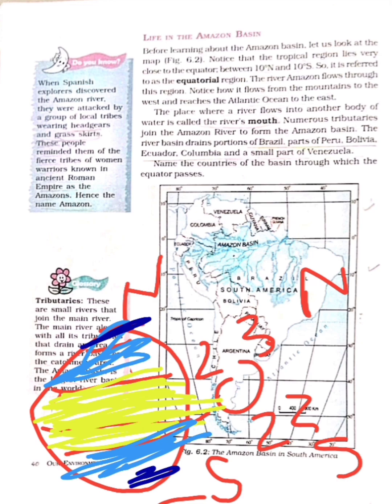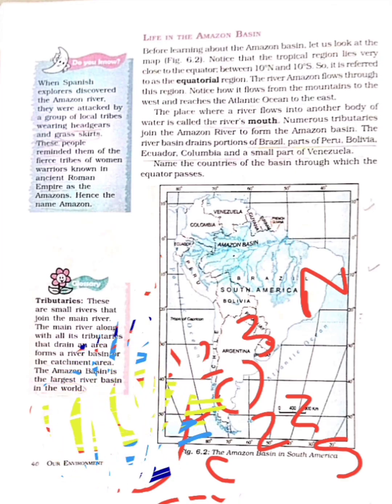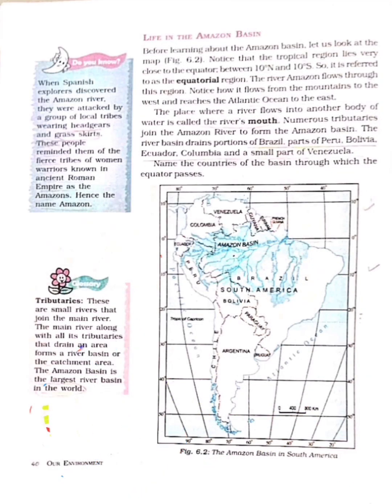Actually, the tropical region is where more sunlight or insolation comes, and in the subtropical region the sun rays do not come directly. So in this chapter we learn about the tropical and subtropical regions, and in the tropical region we learn about life in the Amazon basin. Look at the map of South America. There are 7 continents, and South America is present in the southern hemisphere. You may also look on the map at the Amazon basin, which is also present in the